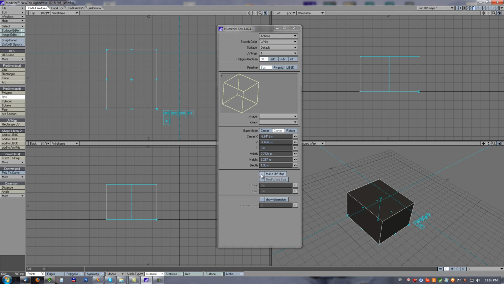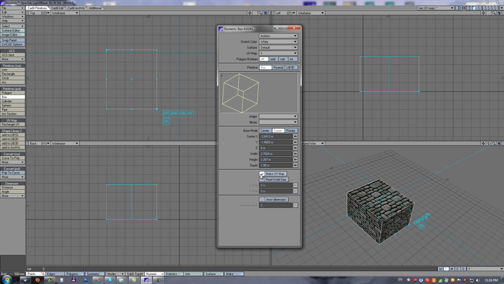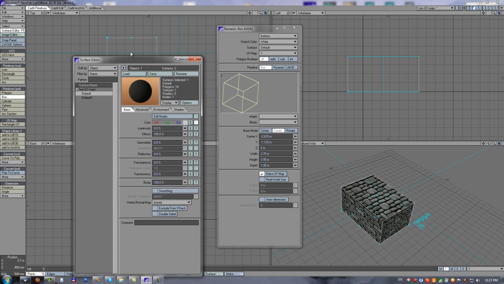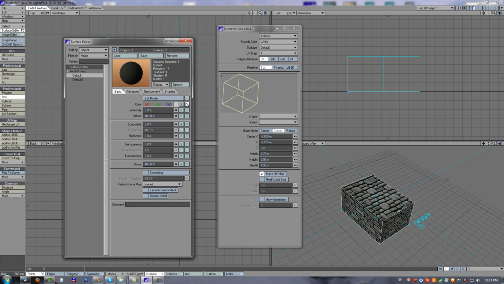So here, when I enable the make UV map option, then a UV map is automatically generated on the object, and if there was no UV map before in the scene, then a UV map with the name 1 is automatically created and selected. If there was already some UV map selected and created, then the tool will use that selected UV map. So now we are seeing an already UV mapped object with a surface, because this surface is already using this UV map,